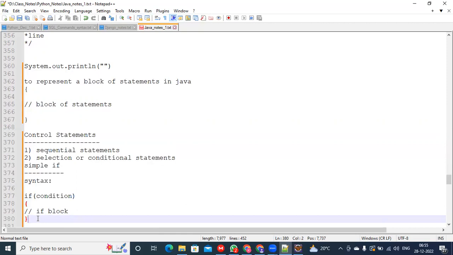Because if the condition is true, it is going to execute either a single statement or a block of statements. So if more than one statement has to be executed when the condition is true, then definitely we need to enclose that within the braces. Otherwise, it will not execute the second statement or the statements after the first. That is the simple if